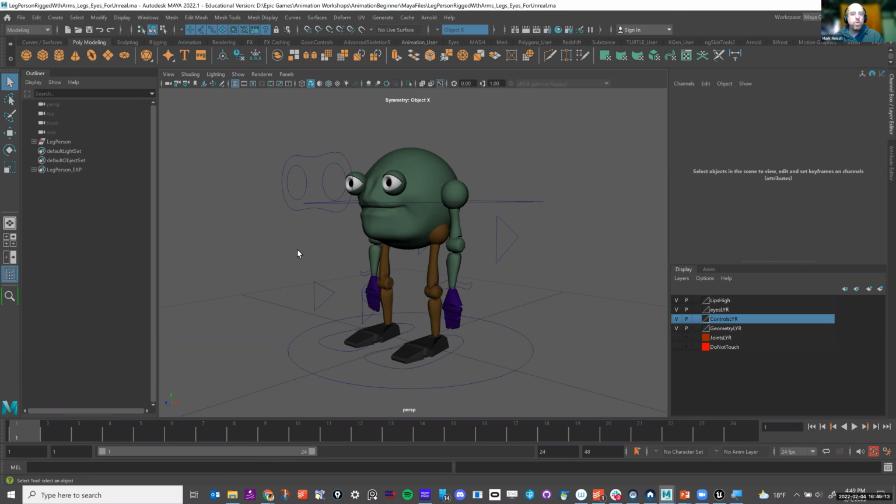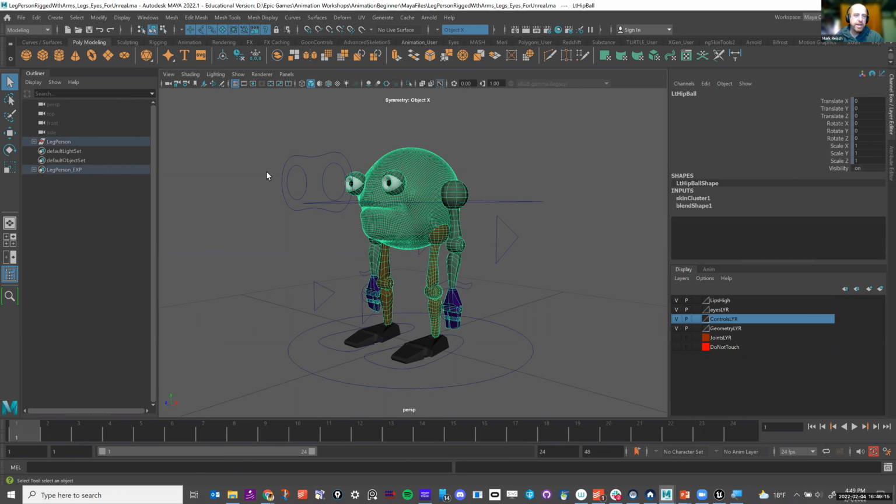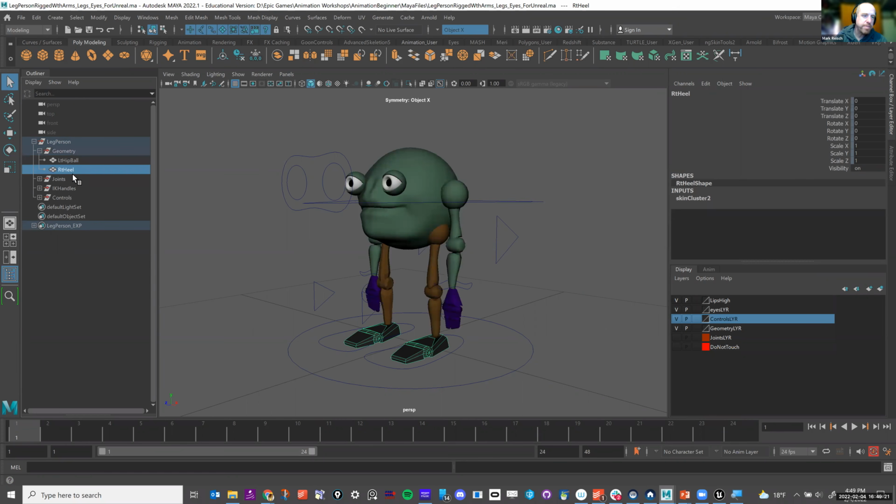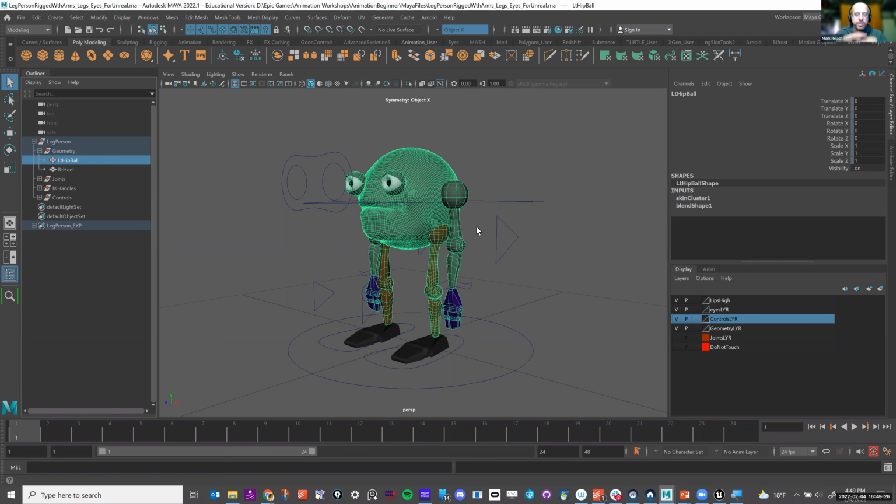So the way that I made my selection sets, if I look at the geometry, I basically have the feet geometry and the hip geometry, which is essentially all of the arms and legs and stuff. I just combined them all into one object. You could have them as separate objects, it honestly doesn't matter.